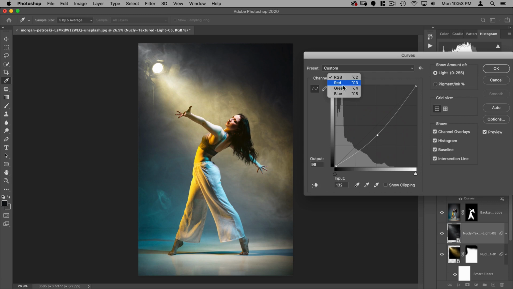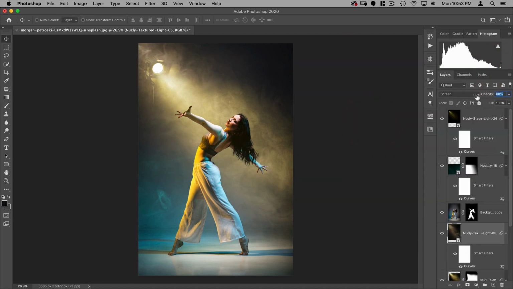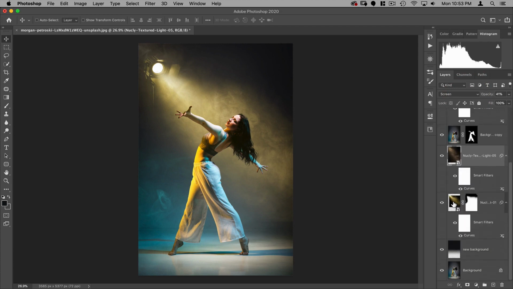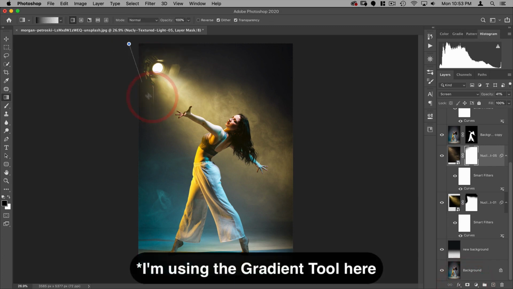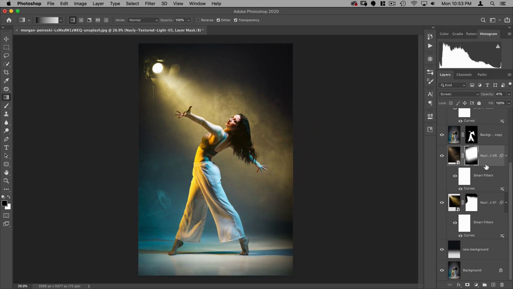And then we're going to make it more yellow and more red. And I'm going to just take the opacity on that down. So we're really just seeing a little hint of it there. And I think I also want to put a mask on that and just kind of block it from the top behind that light, and then also clean up the edge of it there, just like that.